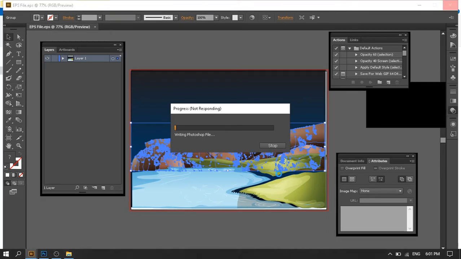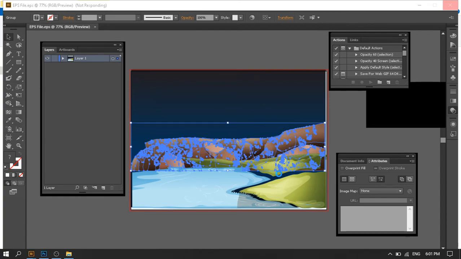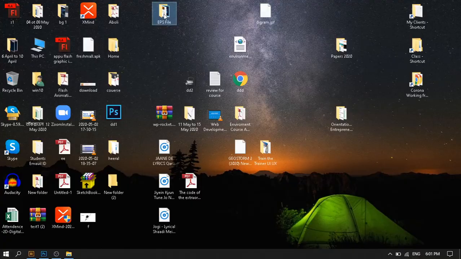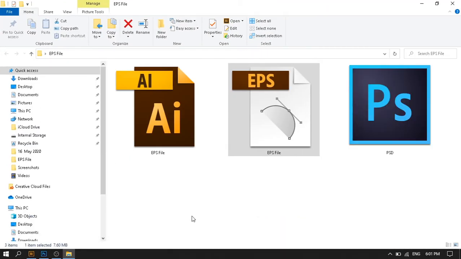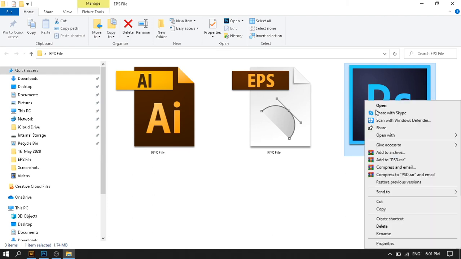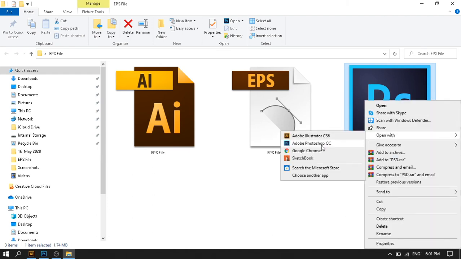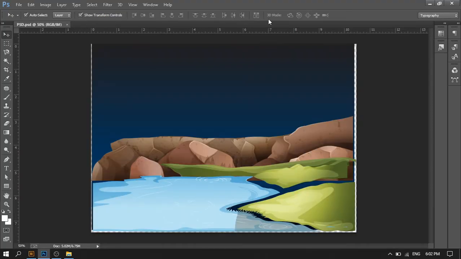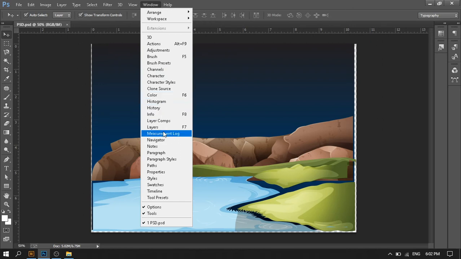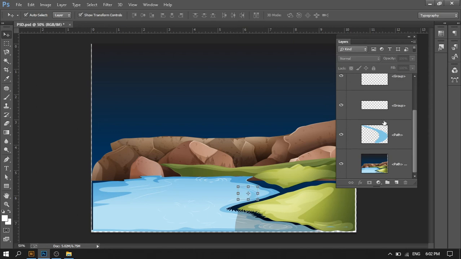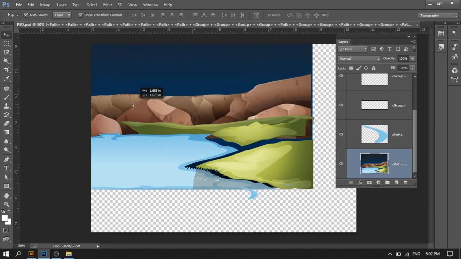It will take some time, and this Illustrator software will convert your EPS file into the PSD file. So let's go to our folder. Oh great, so here I have one PSD file. Let's open it and we can see whether it has all the layers separate or not. Open it in Photoshop. Great, so go to the Layers window. I don't have the Layers window open, so drop down this window, and you can find all of these are separate. So you can easily work on that.